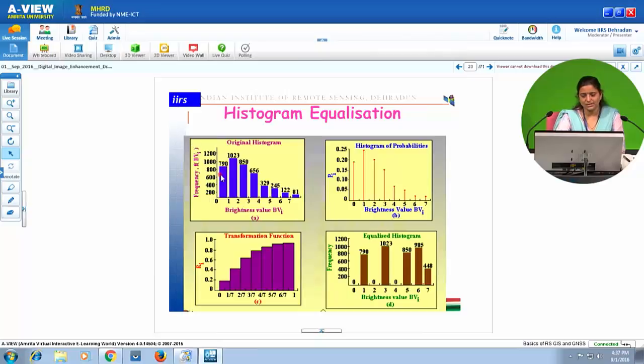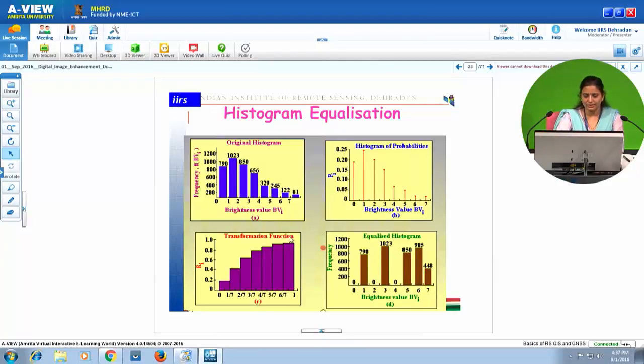In the equalized histogram you can see 790 pixels which were originally having a pixel value of 0 are now having a pixel value of 1. 1023 pixels which were originally having a pixel value 1 are now having a pixel value of 3, whereas brightness value 2 is not occupied by any pixel.